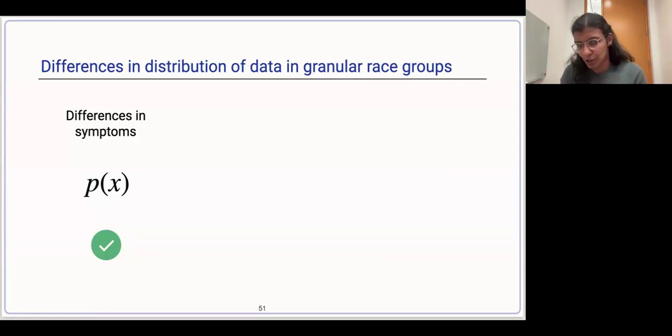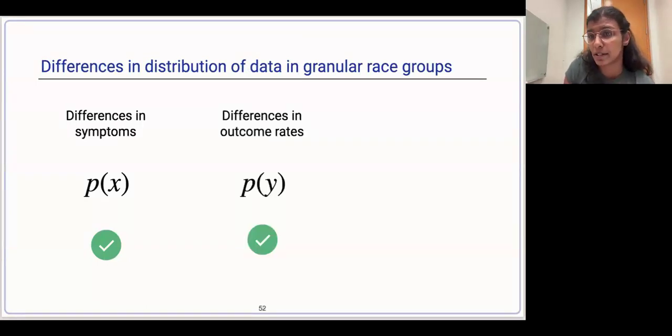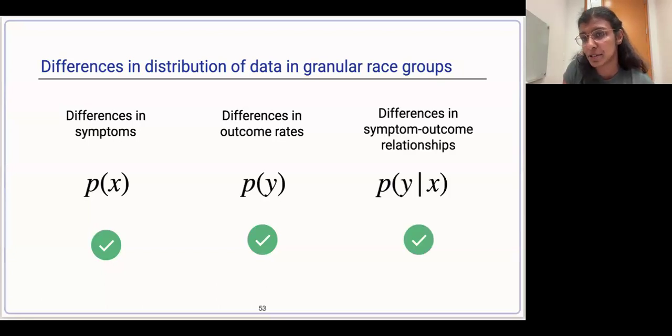Okay, so for additional results, I'd encourage you to look at the paper, but we also looked at why these differences arise, and we looked at differences in the distribution of data between granular race groups. And what we find is that there are significant differences in symptoms, differences in outcome rates, and differences in symptom outcome relationships between granular race groups. So I think there are opportunities for a lot of further research on how different diseases manifest across these granular